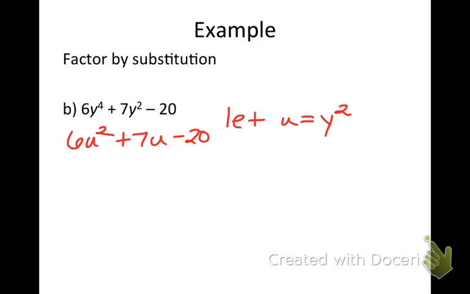Now let's factor like normal. So 6 times negative 20 is negative 120. Oh goodness, calculator in hand. Factors that are going to get me to 7, 5 and 24, no, 8 and 15, does that get me 7? Yes, okay, so 8 and 15, which one's the negative? 8, good. Put it over 6, simplify. So negative 4/3,